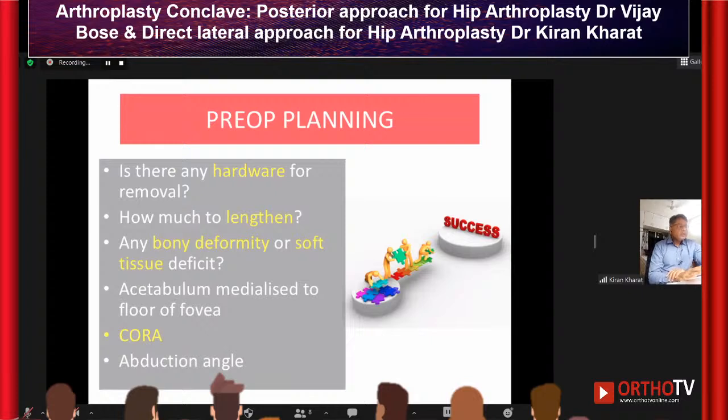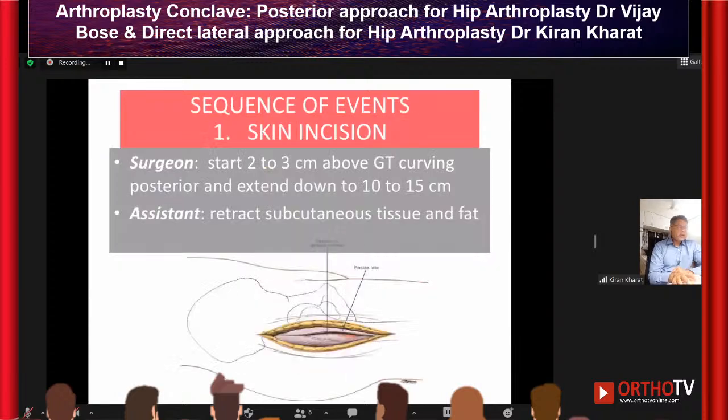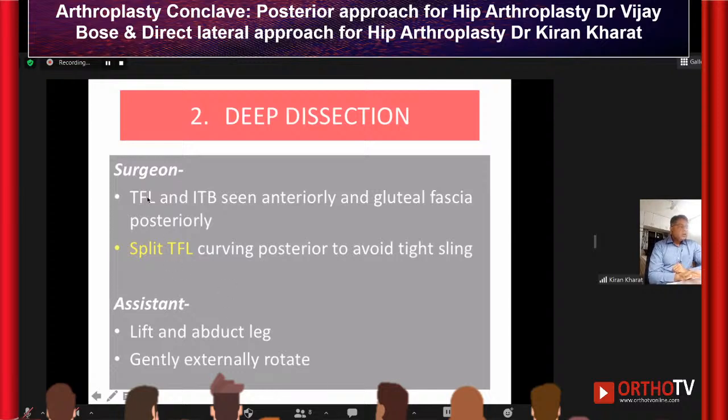I won't deal in this pre-op planning because this is taken for granted, and our previous webinars have covered it very well. So let's look at the sequence of events. The first is the skin incision. You start it about centered on the greater trochanter, and it is important to curve it back slightly in line with the gluteus maximus. You can see the tensor fasciae lata and the ITB, and this curving of the incision